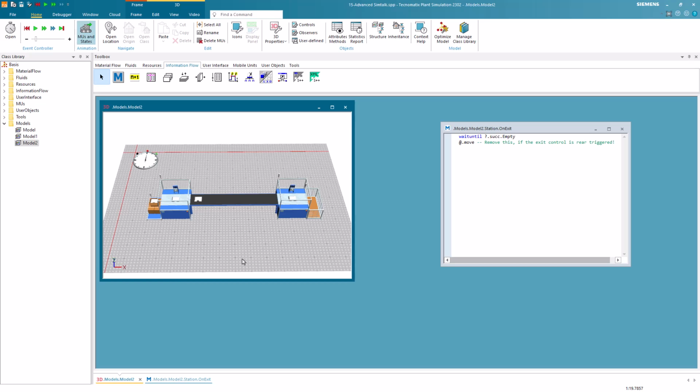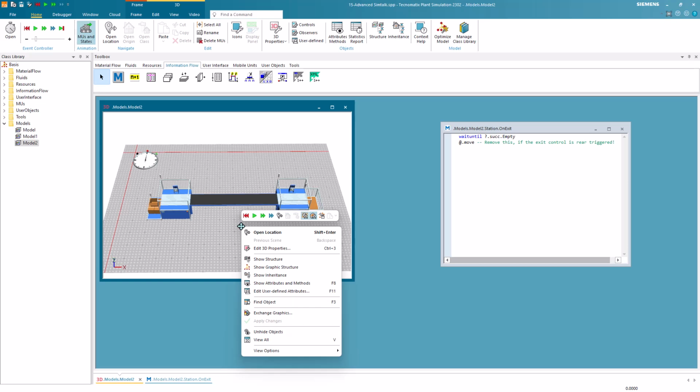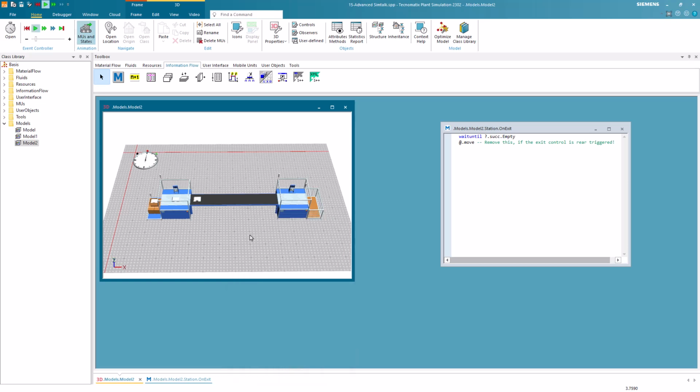To understand the state of a model, we can look at the suspended methods and identify if something is stuck. The suspended methods can be seen in the Suspended tab of the debugger. Here we will see all suspended wait until statements, and more importantly, we will see for which condition they are waiting. So we reset the simulation and let it run again. We'll stop the simulation before the first part enters the second station.